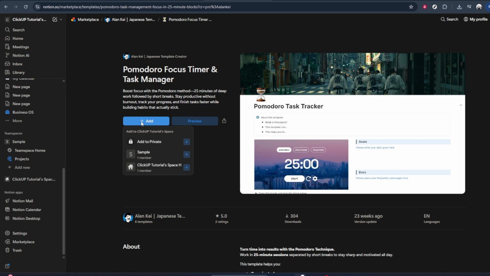From here, it's all about using it consistently. Come back to this page daily, add new tasks, and check things off as you complete them, and that's all it takes to set up an effective